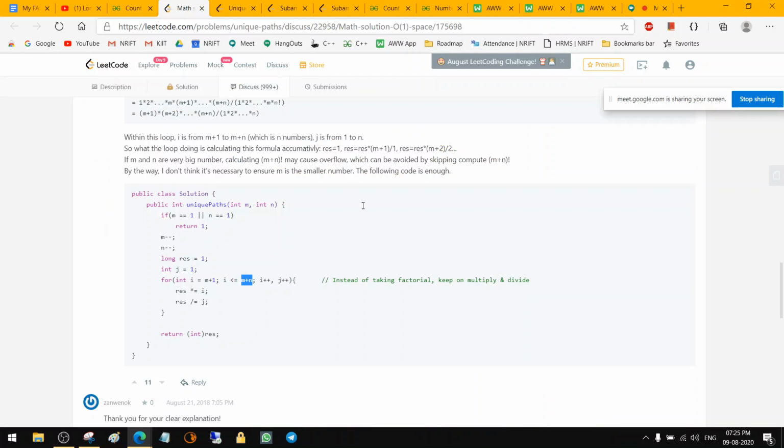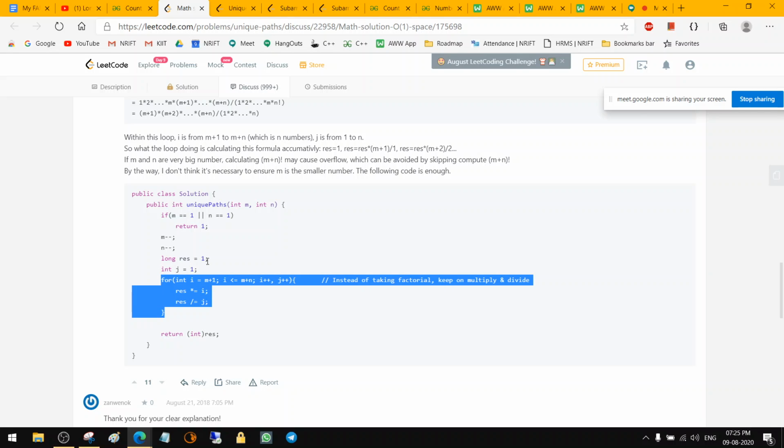Because of that, in the for loop, we move from m plus 1 to m plus n, and at each point of time, we multiply by m plus 1 and divide by that number 1 or 2 or whatever that is. And to do that, we use the j pointer. So basically using the combination formula over here,